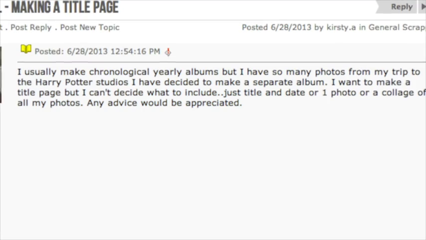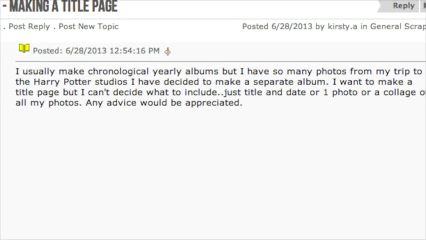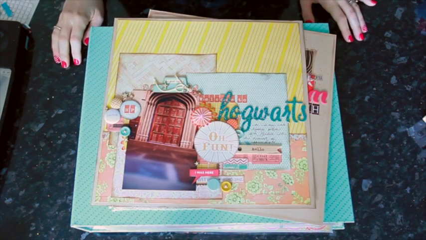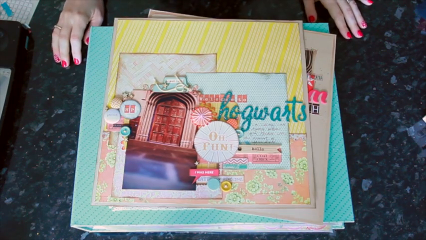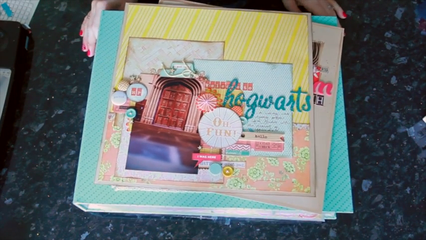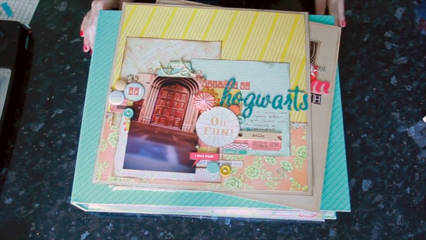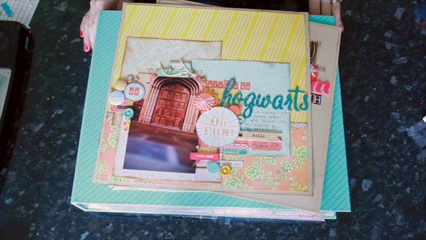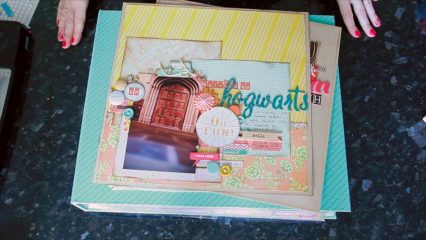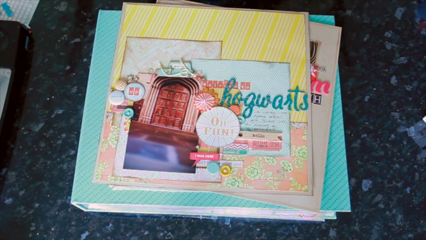Glitter Girl, can you help Kirsty A. tackle tip-top title pages? Of course I can. My short answer to your question is that I use multiple photos for the title page if the album spans a longer span of time. And if it's a short event, lots of pages from a relatively short time, then I use just one photo